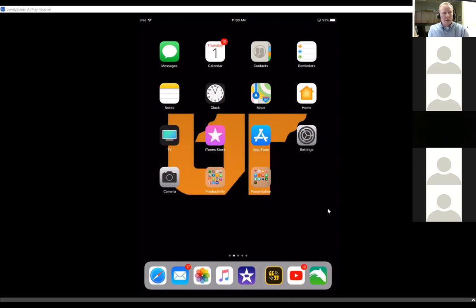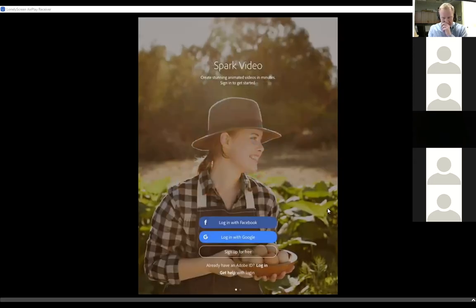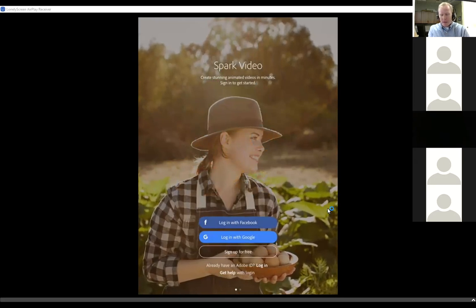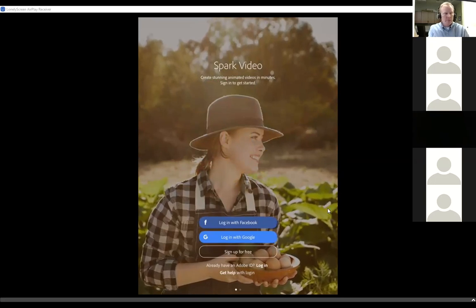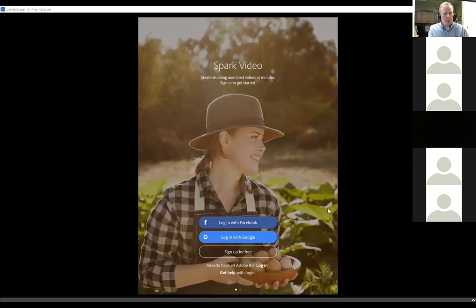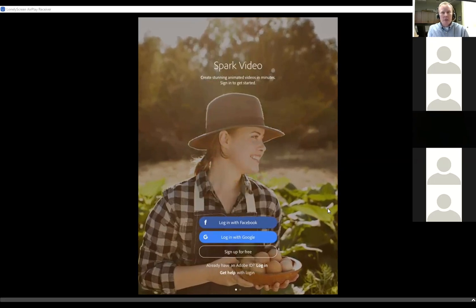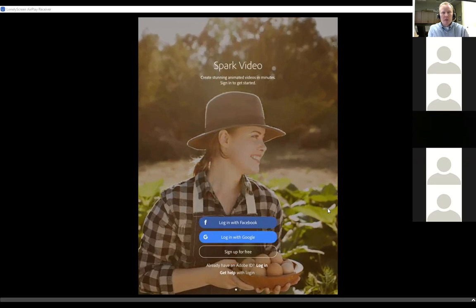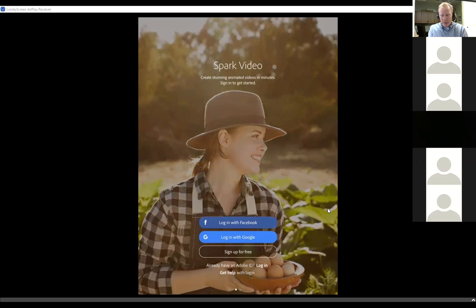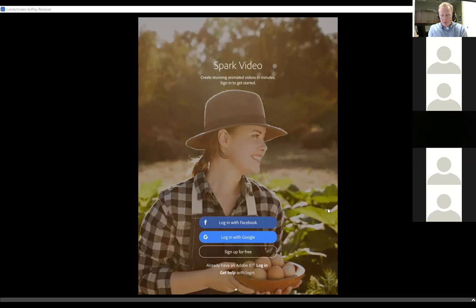So I need to launch the Adobe Spark Video app, and that's going to be my little yellow and black icon down here at the bottom. And when I tap on it, I see, oh, they want you to log in with Facebook or Google or sign up for free. As I told you before, I would ask you not to do that. You're going to have a better experience if you log in with your UT credentials. So if you look down at the bottom of the screen, there's 'Already have an Adobe ID? Log in.' And if you'll tap that,